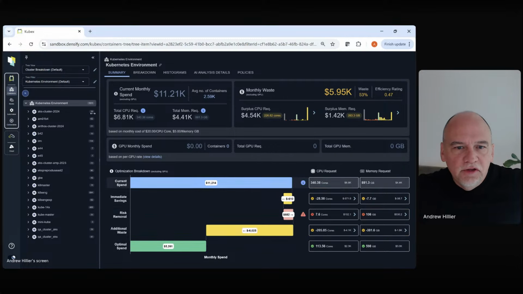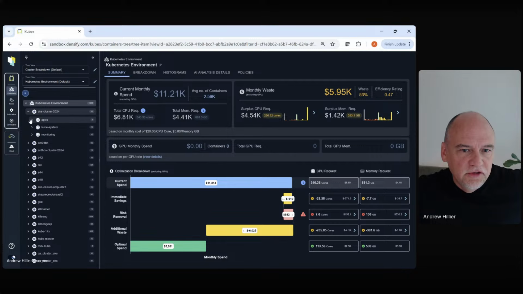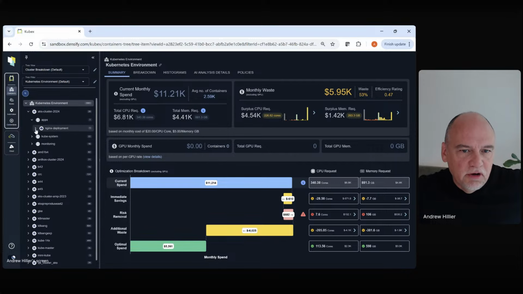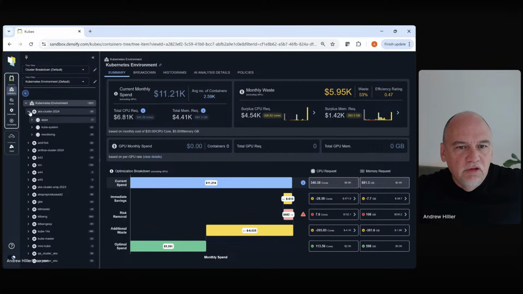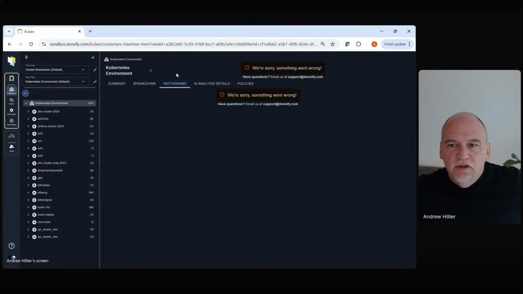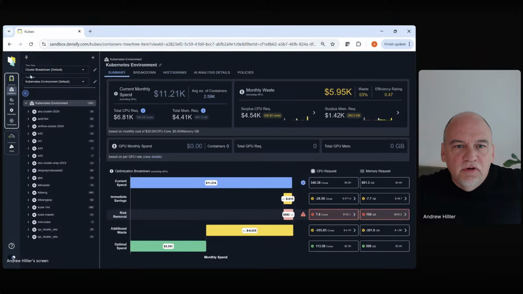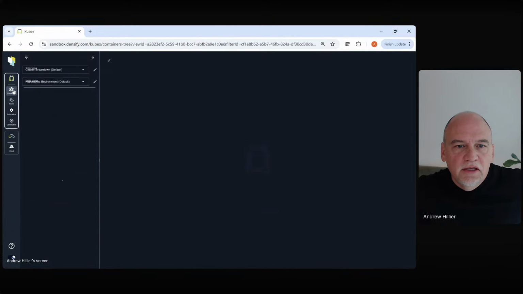So Dan, I'm not going to spend long here. I'm looking at an environment. It's a real environment. There's only about 2,500 containers, and these are the clusters, and these are the namespaces, and these are the pods and the containers. And we're analyzing all of it. But what I'm going to do is go to this histogram, which really tells the story. Let me just come back here.